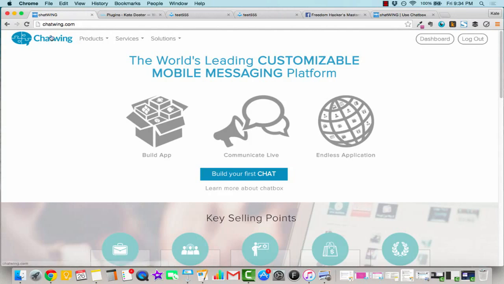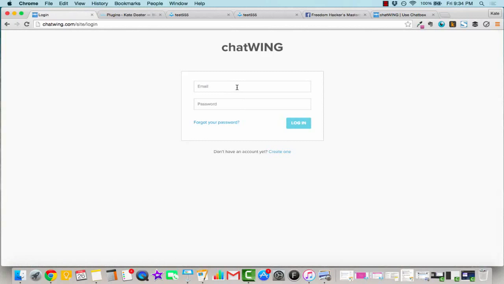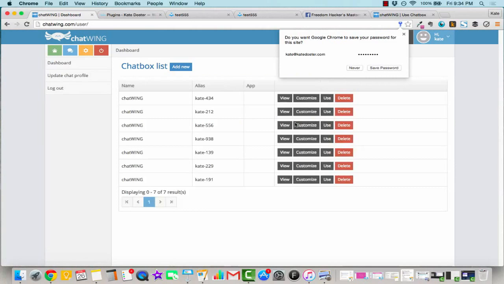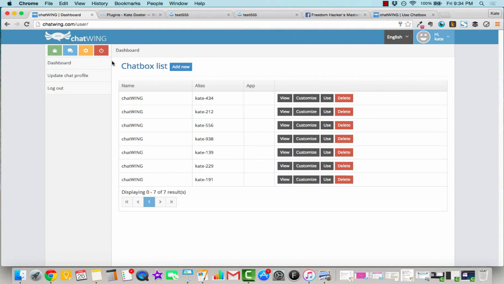So you're going to go over to chatwing.com and I'm going to log out, but you would hit log in or build your first chat. You are going to have to create an account, which is fine, no worries. Log in here. And you are going to notice that I already have some boxes made. But what I want you to go up to do is go to Dashboard, Add New,